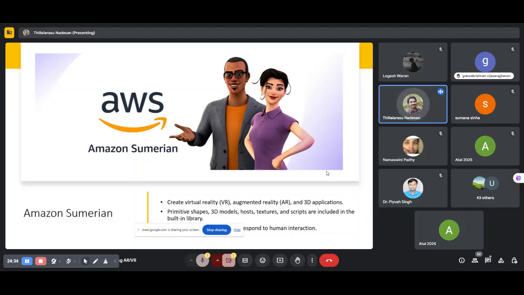It has a collection of primitive shapes, 3D models, and host textures, with a library format and support for bringing your own model. And it has a built-in state machine which can help you to create animated objects which respond to user input like a click and move, all kinds of things. The project can contain multiple screens.